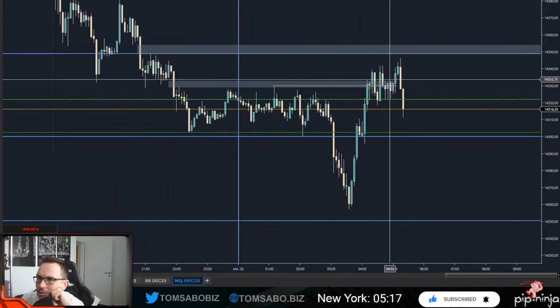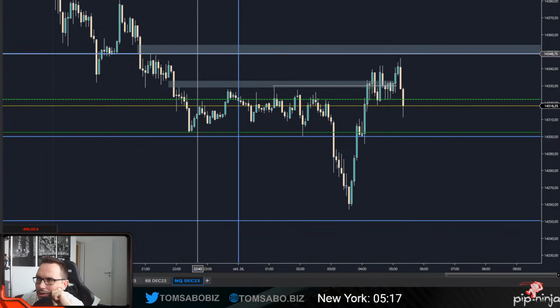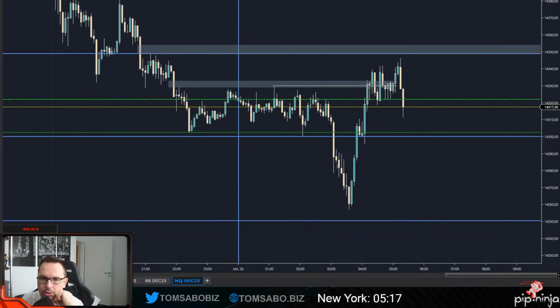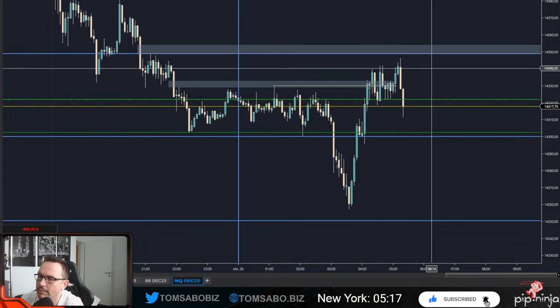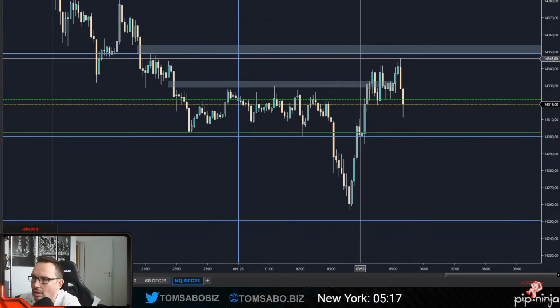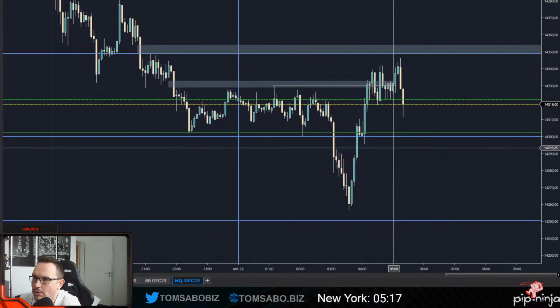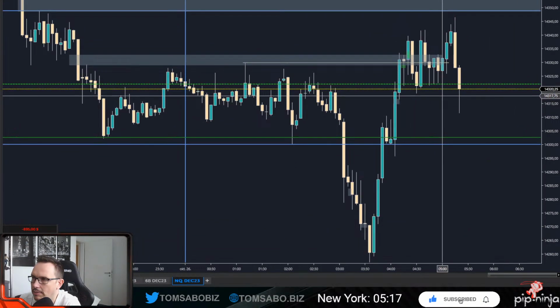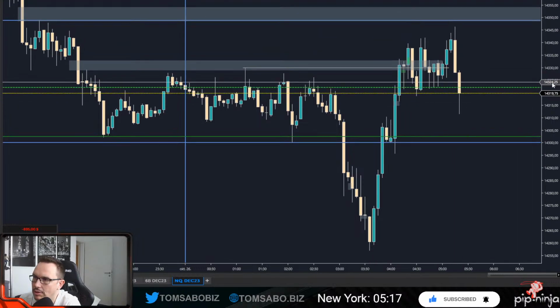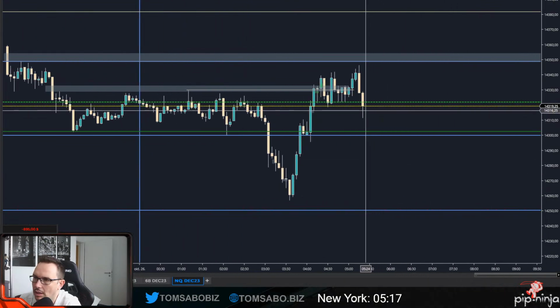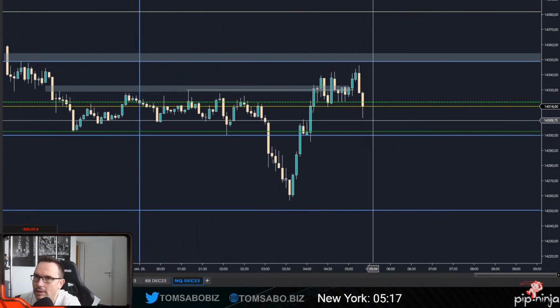Now the thing is that it didn't really take liquidity up there. So look at that. The 49 level is still there. The 5-minute candle is gonna close in 2 minutes and 30 seconds. And if this would close below this level, so below here, then we could consider a structure break. For now, I think what happened, it made a liquidity sweep here on the 5-minute.